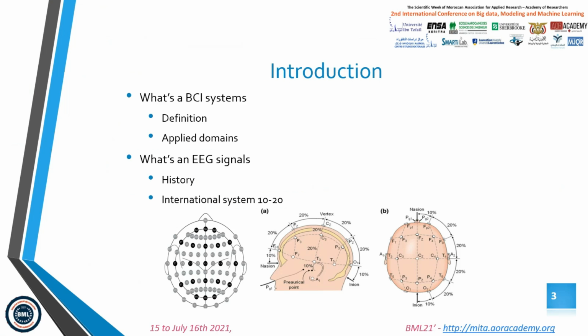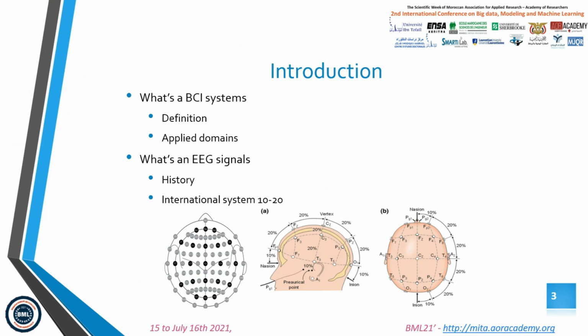The brain computer interface is an electronic device that can record the brain activity and send and save it in the computer device. This BCI can record this activity using many techniques. The best techniques used are the electroencephalogram or the EEG and the magnetoencephalogram or the MEG, and the third is the fNIRS or the functional near infrared spectroscopy. This technique is widely used for diagnosing Alzheimer's disease, and the last technique is the fMRI or the functional magnetic resonance imaging. In this work we have used the EEG or the electroencephalogram.